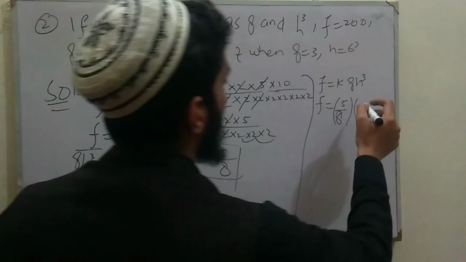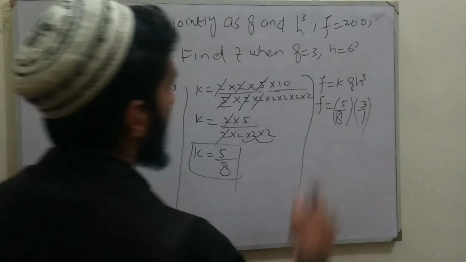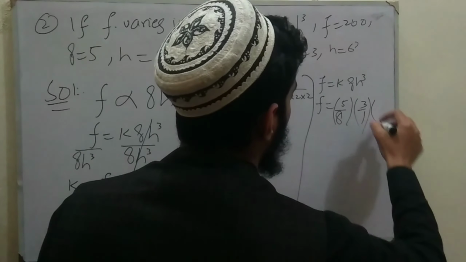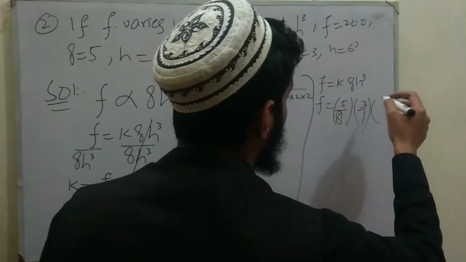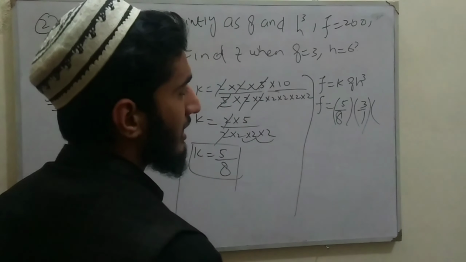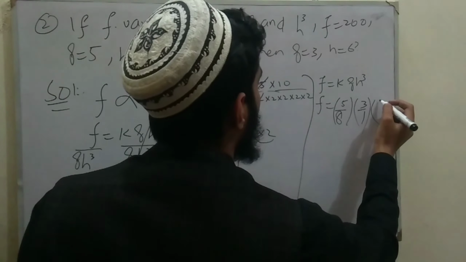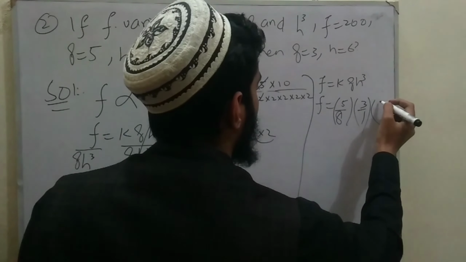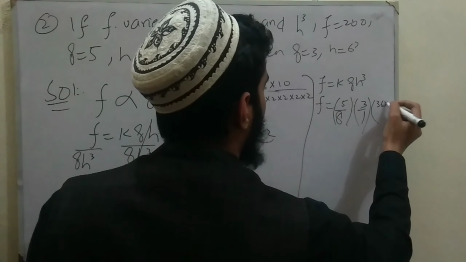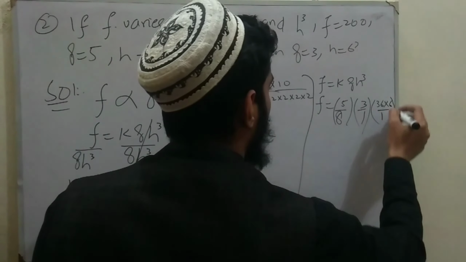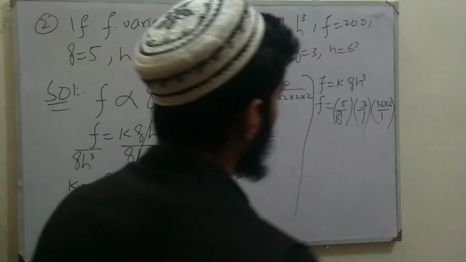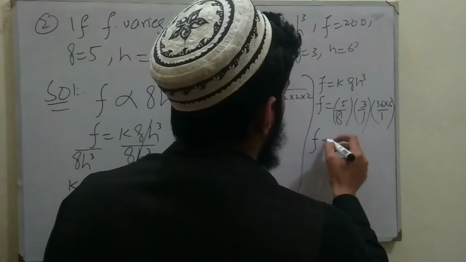Multiplying the value of g, which is 3 in this case, divided by h, which is 6, so 6 cubed. It will give us 216, because 6 multiplied by 6 gives us 36, and 36 multiplied by 6 again gives us 216. So we can write it as 36 multiplied by 6 divided by 1. Now we can write it's 5